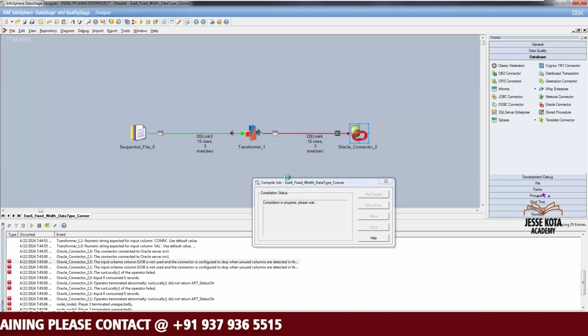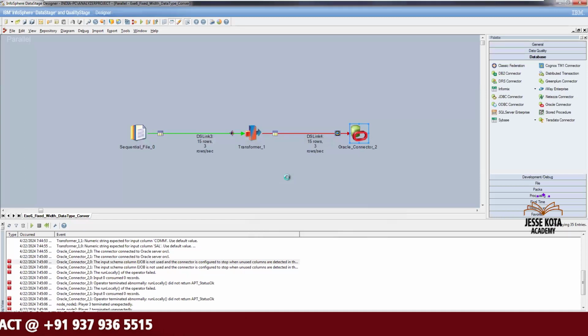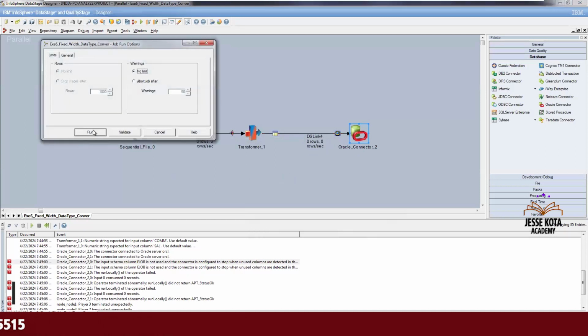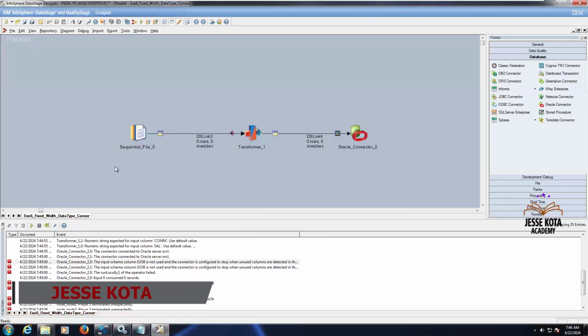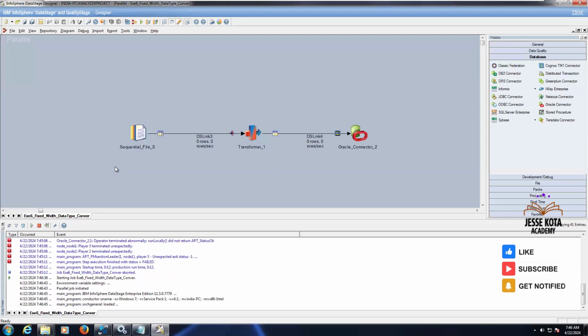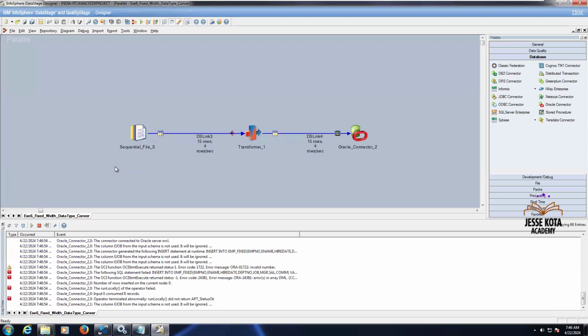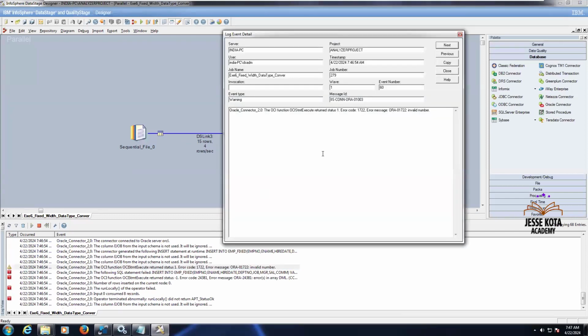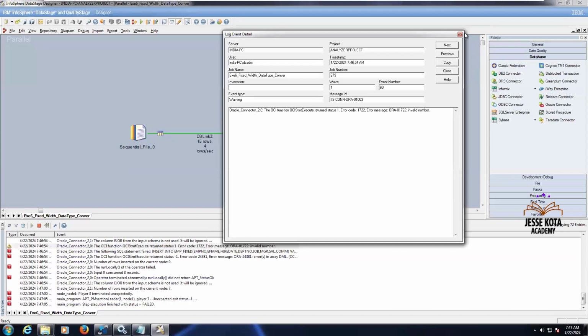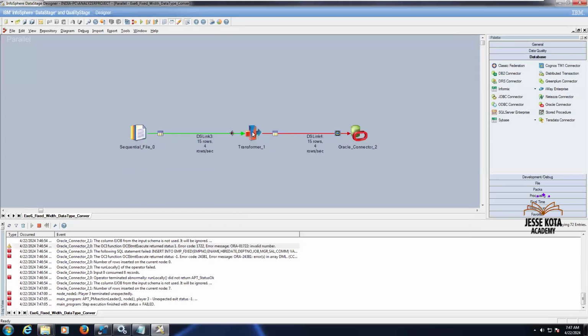So here the issue is at the transformer place. Okay, so now that we have sorted out, and conversion we have not handled. Now let's see what error the job will throw. Okay, so here the execution has failed. What is this? Error message, invalid number. Why is it an invalid number here? Any reason? The reason is,